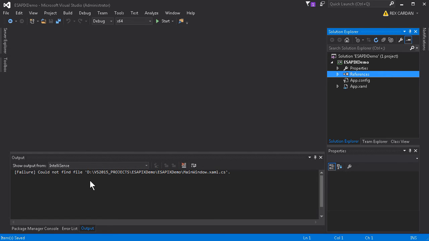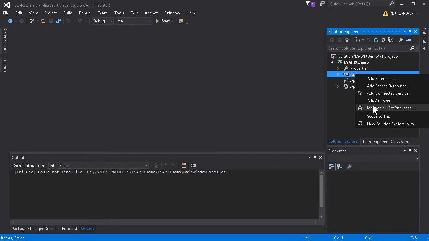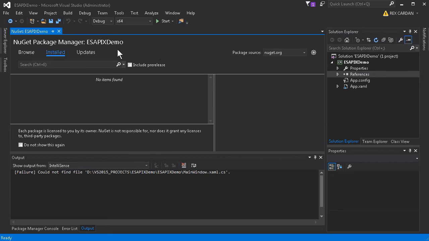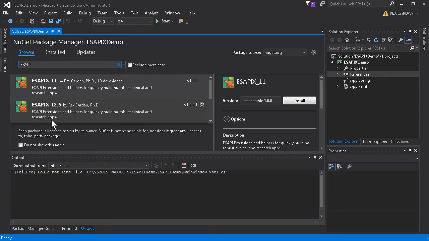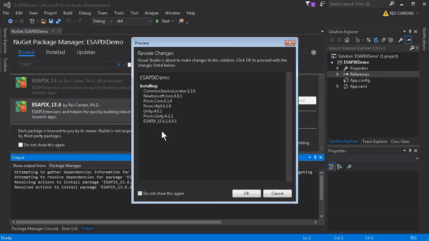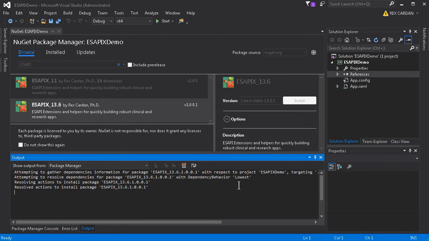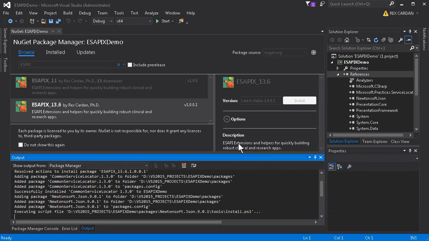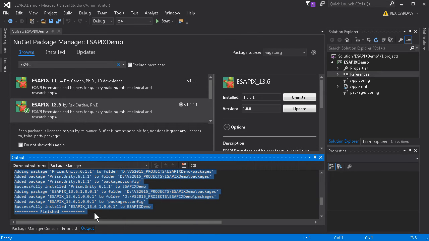Let's go ahead and bring in the ESAPIX framework. To do that, you go to References, right-click, say Manage NuGet Packages, and you can go to Browse. And if you type in ESAPI, you should see a couple of libraries. One is for version 11, and one is if you're on 13. So I'm on 13.6. So I'm going to click on this and press Install. This is actually going to pull in several libraries. ESAPIX depends on several libraries for MVVM functionality and dependency injection. Once you're all wired up here,